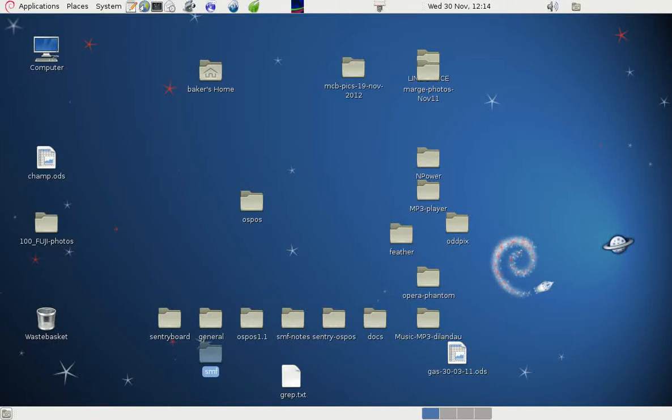This is a short clip about using the grep command in Linux. As an example, I've got a program here called OzPOS, that means open source point of sale. If we have a quick look inside here,